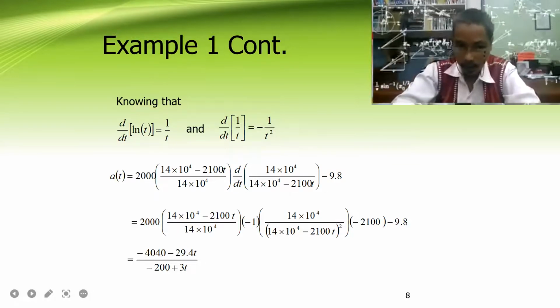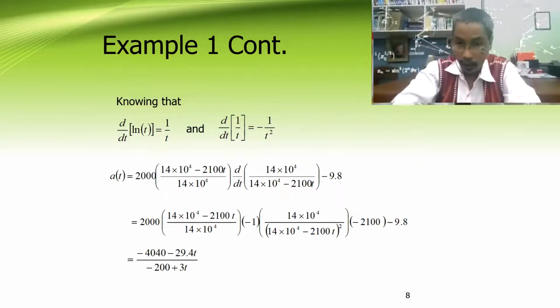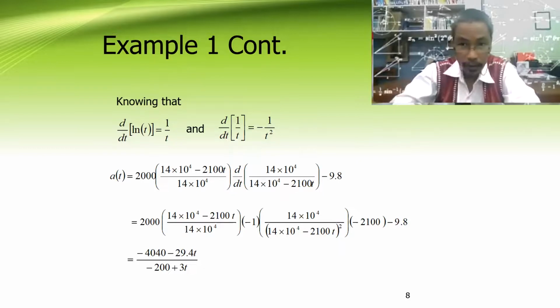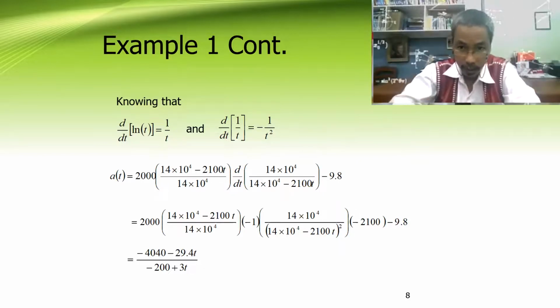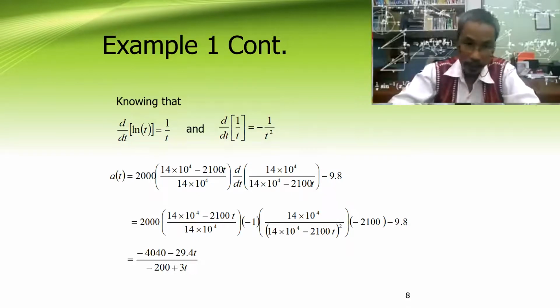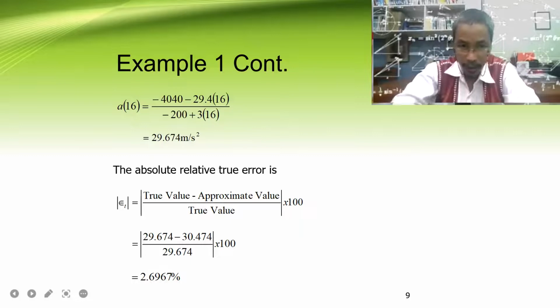That is our acceleration function. And now we can just substitute 16 as the value of time. Using that, substitute the value of 16 here, and then you can calculate that the acceleration at 16 is